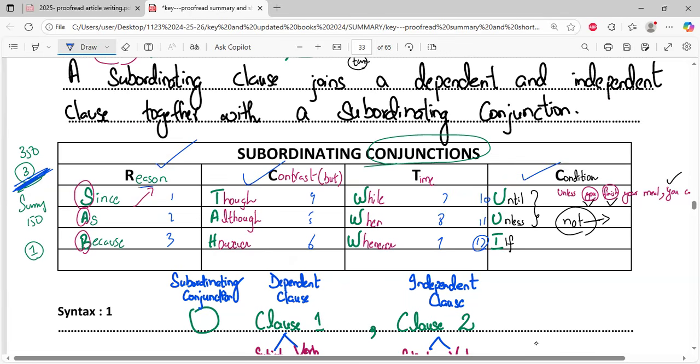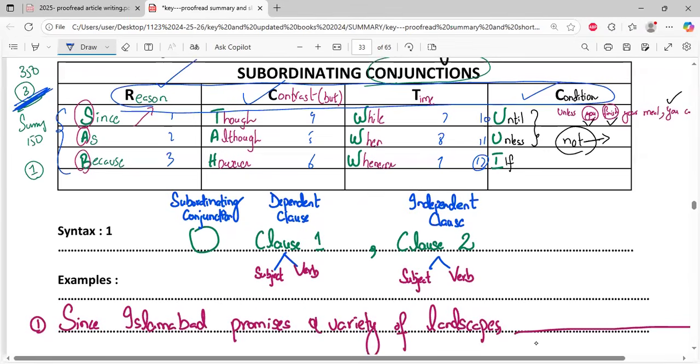If you see it, these are called RCTC words. RCTC: reason, contrast, time and condition. Reason, contrast, time and condition words. Of which I have explained 12 words and I expect you will be able to use at least 3 varieties. Do not pick all the words from the reason column, because in this way it is not a variety, my dear. Let's have a look at how to put it in writing.